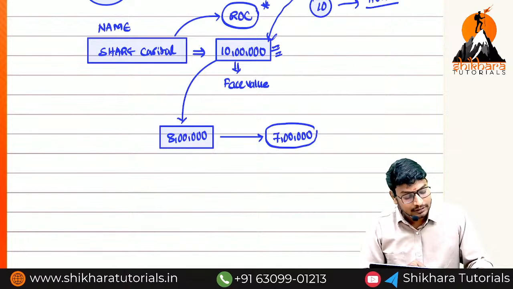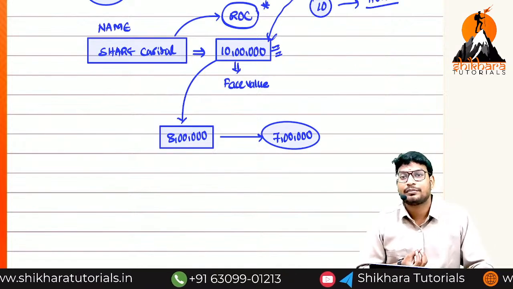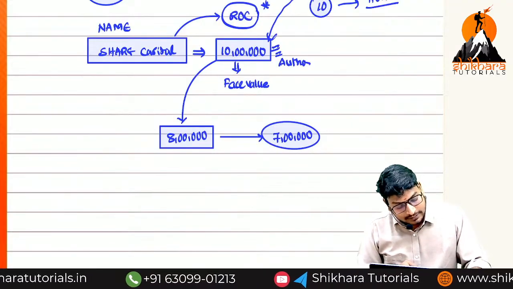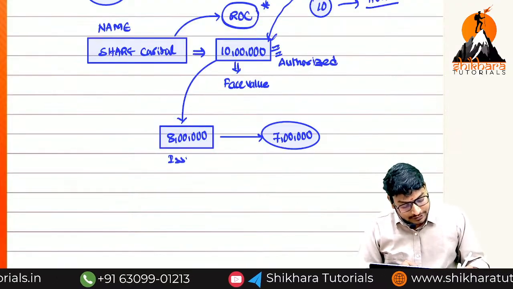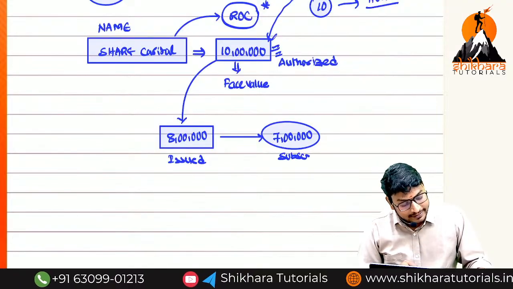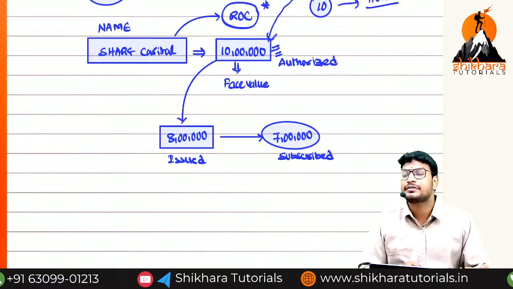How much amount is subscribed by the public? What is purchased by the public? Subscribed. So this is called authorized share capital. What is the meaning of this one? Issued share capital. What is the meaning of this one? Subscribed share capital. There is a rule: how much minimum subscription we have to receive